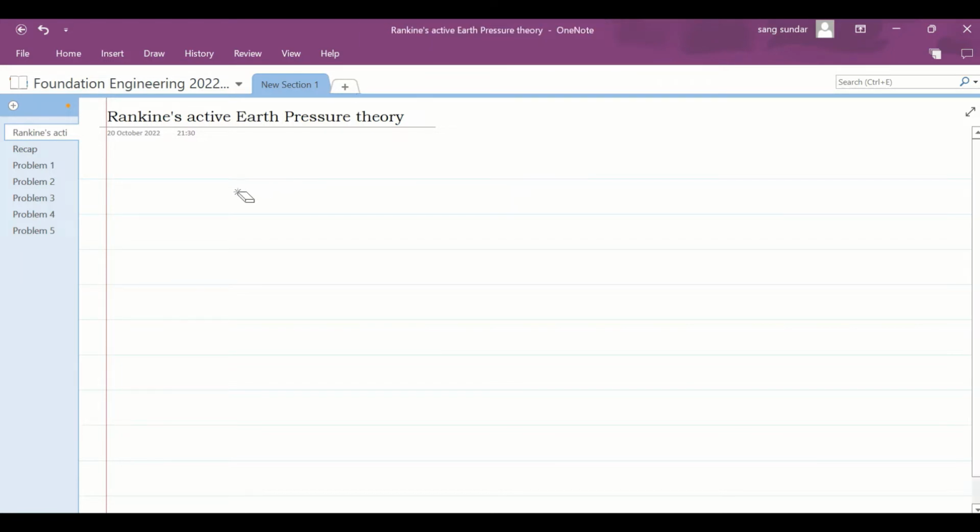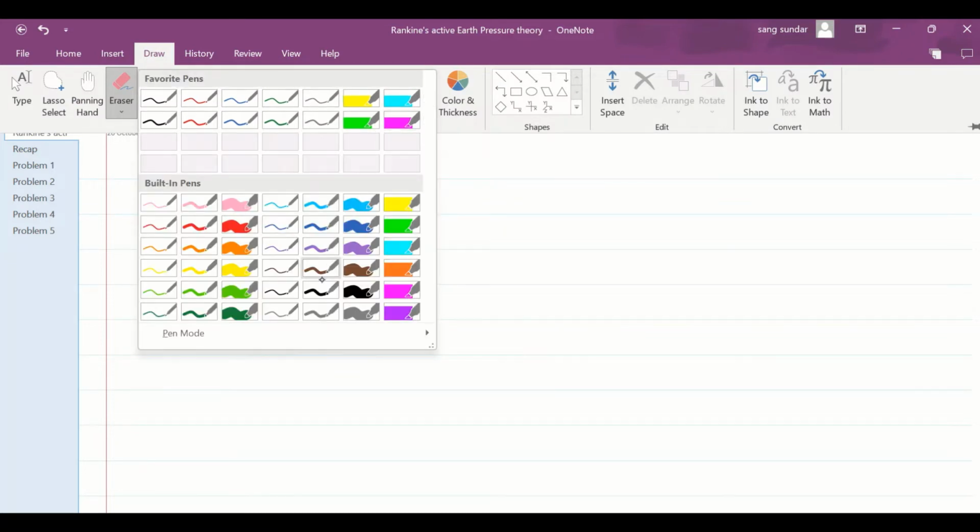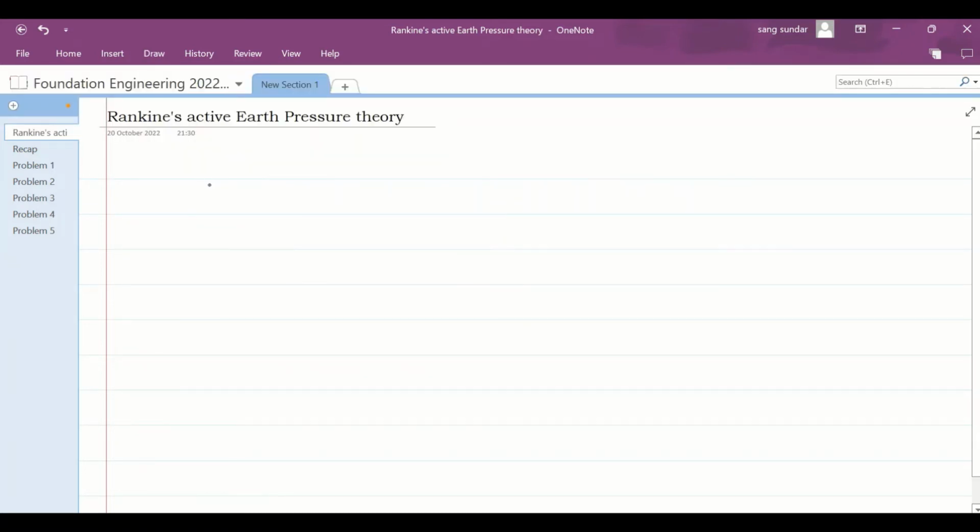So let us consider, one minute. Let us consider a horizontal ground surface, and here is your retaining structure, which is almost vertical and smooth as per Rankine's theory. This is your retaining structure, and consider a soil element